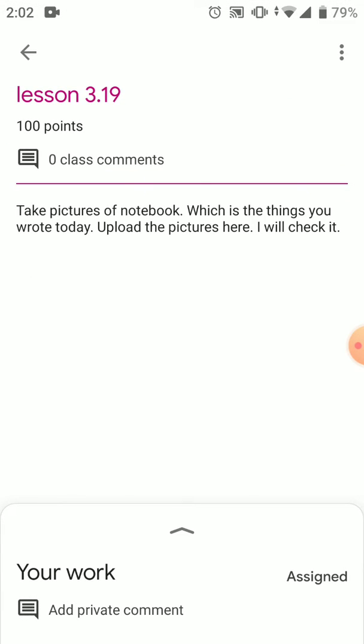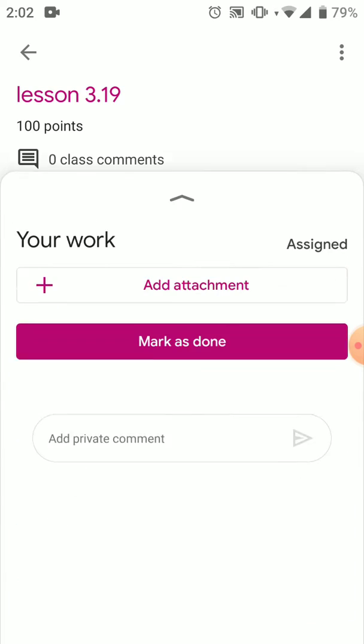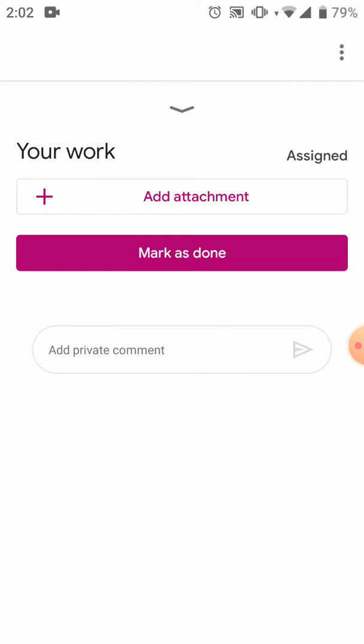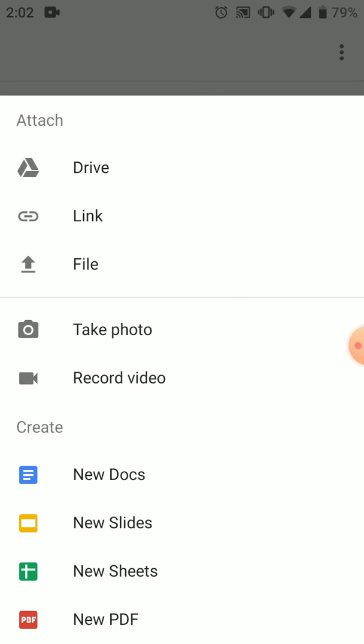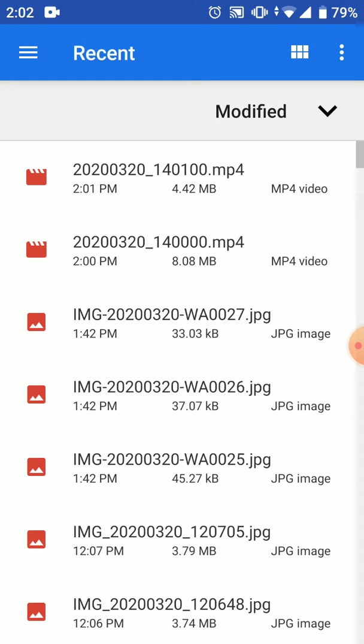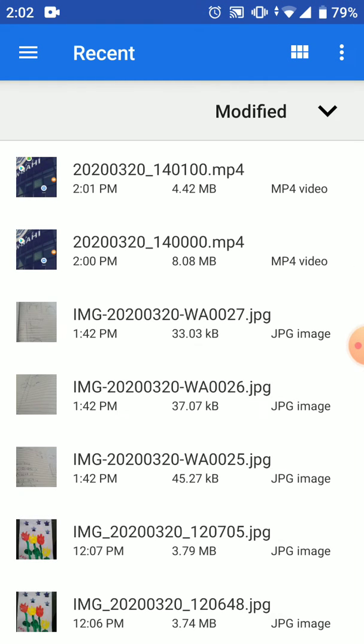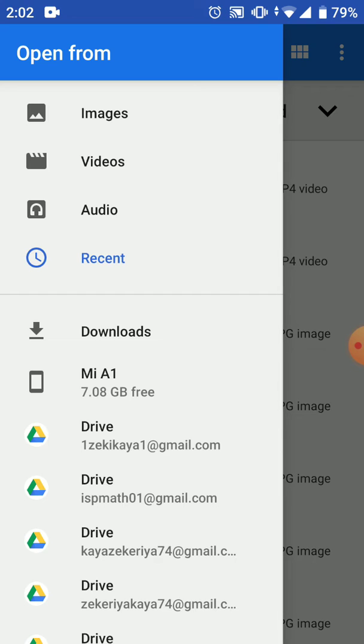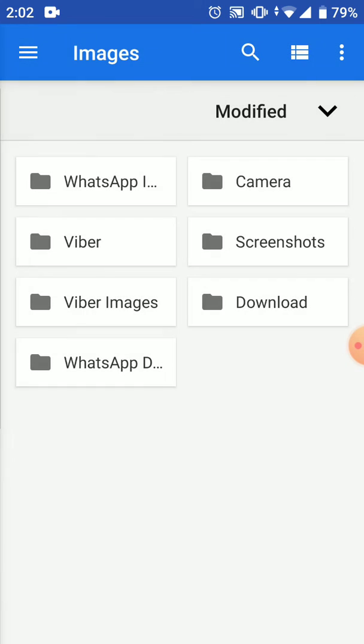So when you go here, you see down there your work, there is your work. You will click on this arrow thing. When you click on the arrow thing, there is add attachment. So you will click add attachment, so you can directly take a photo and you can upload some files in here from your phone. Like you can go in here, the images in there, WhatsApp, Viber, camera, or